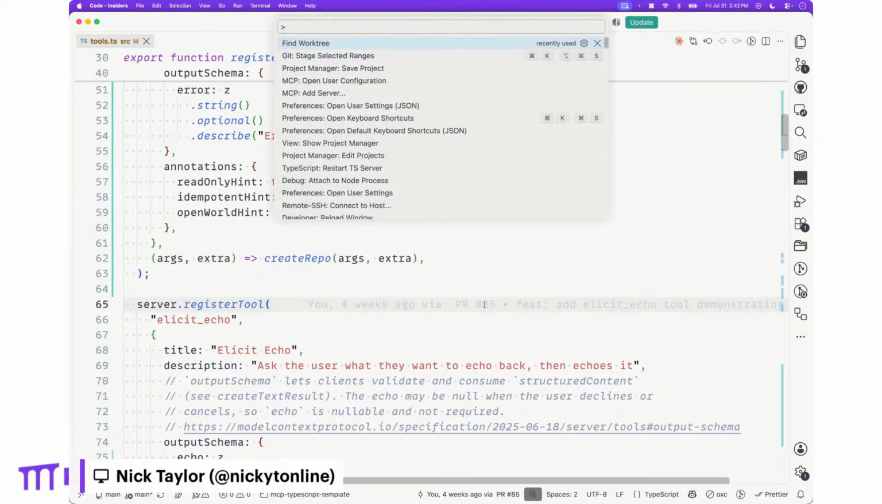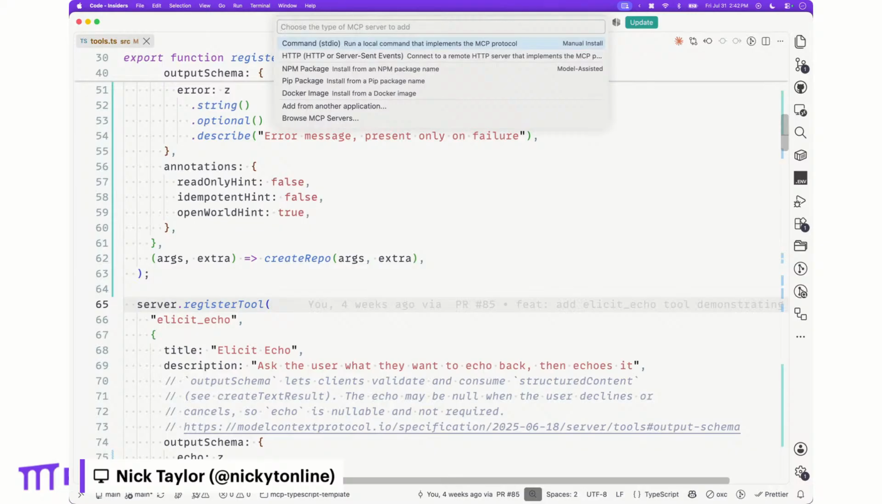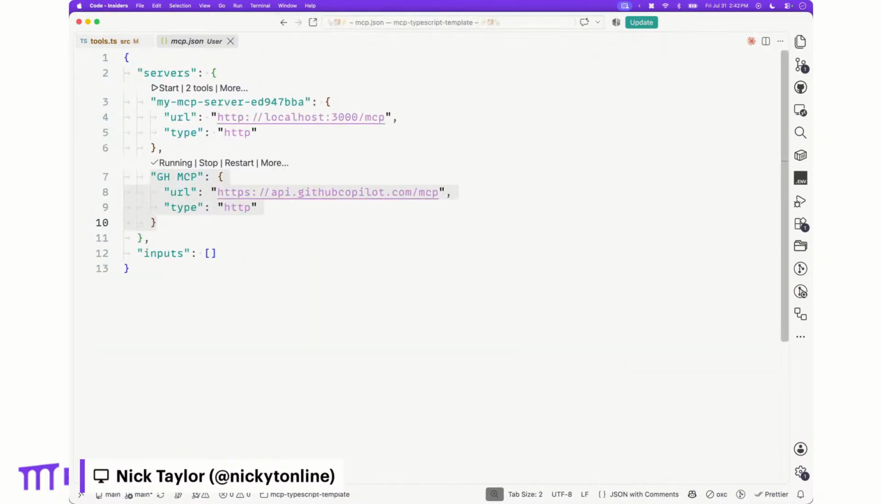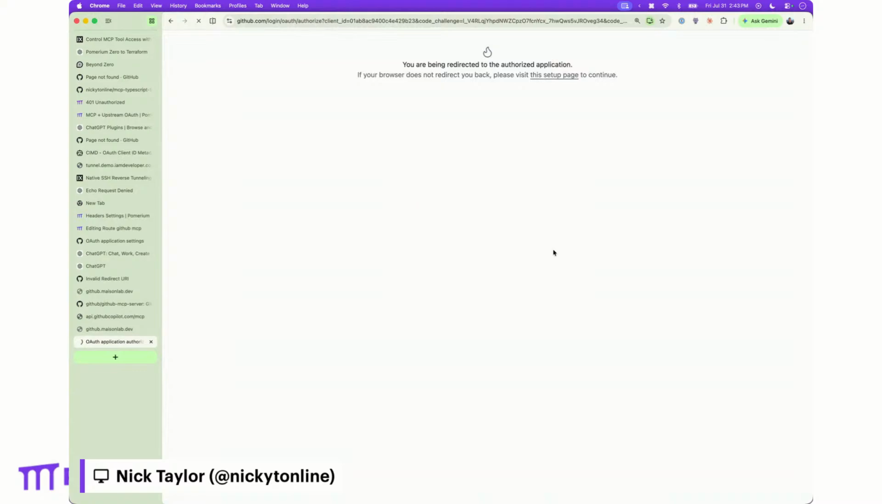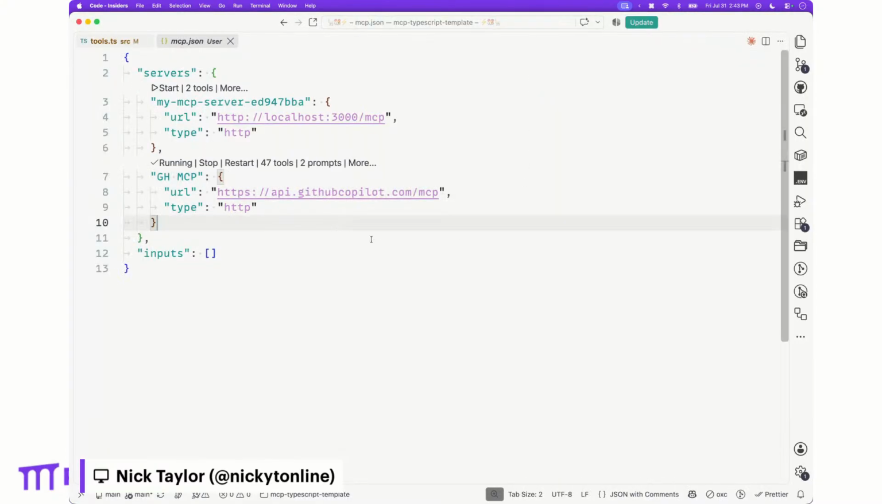Let's just register this in VS Code. Add HTTP, MCP, GitHub MCP, global. Okay, start. Should do an OAuth flow. Continue. Okay. Now, a couple things I'll mention here is, okay, this is set up now, so that seems to be